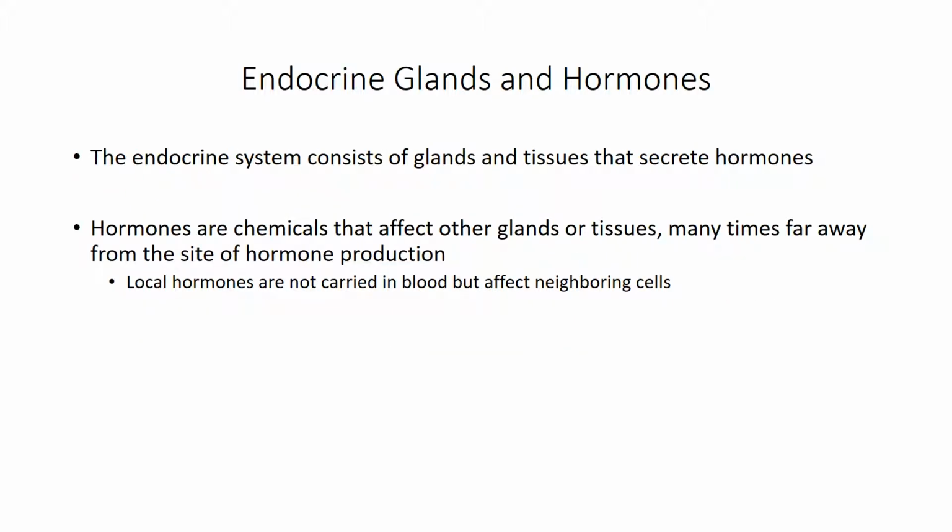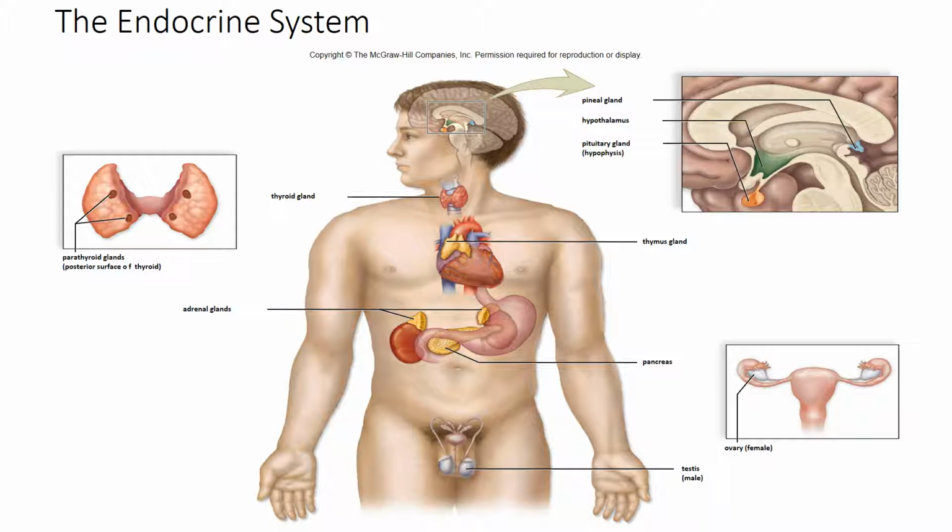Now, your endocrine system, that consists of glands and tissues that make hormones. And hormones are chemicals that affect other glands that are a lot of times far away from where they're actually made. Now, hormones are really important for helping us go through changes in our life, like puberty or menopause. Hormones are very important for growth, okay, helping us grow taller, and just helping us develop as we age. And here are some of the glands where your hormones